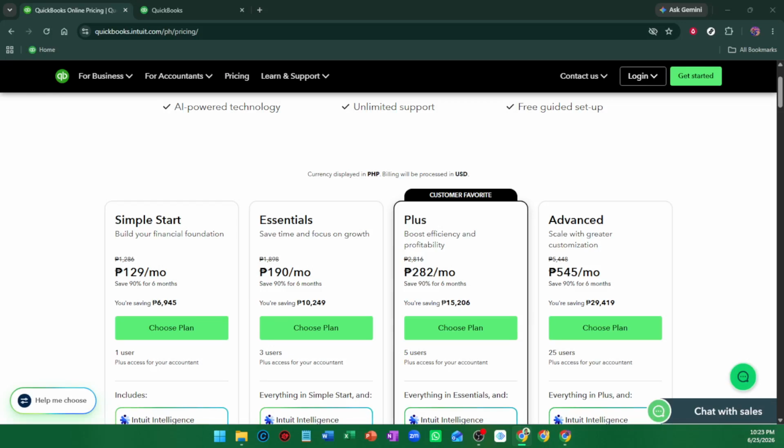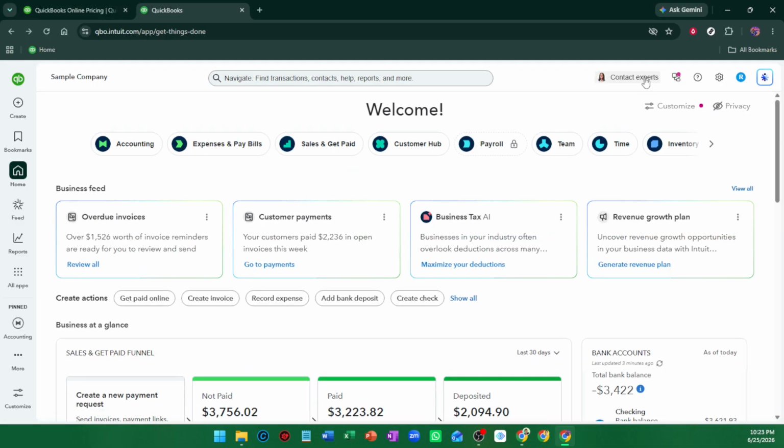In today's video, I'm going to teach you how to create a vendor in QuickBooks Online. To get started, open QuickBooks Online and make sure you're on the main dashboard. This is the starting point for most tasks, and from here, you'll be able to navigate directly to the vendor